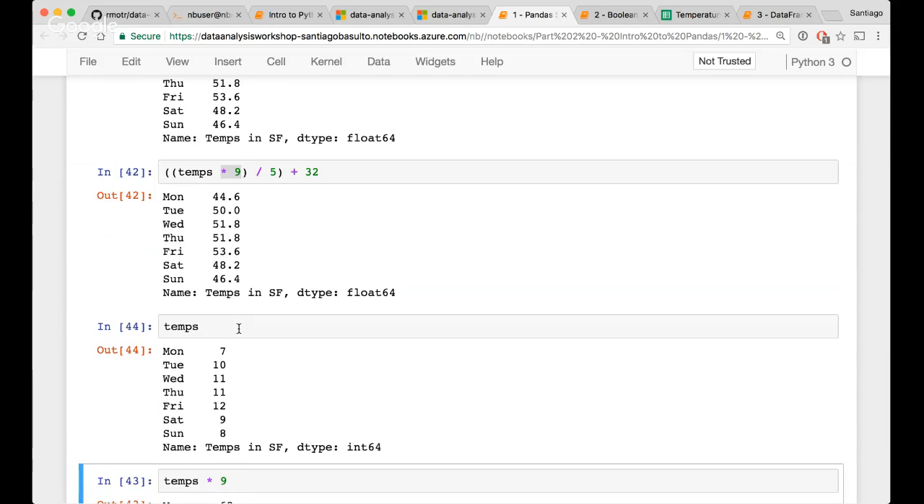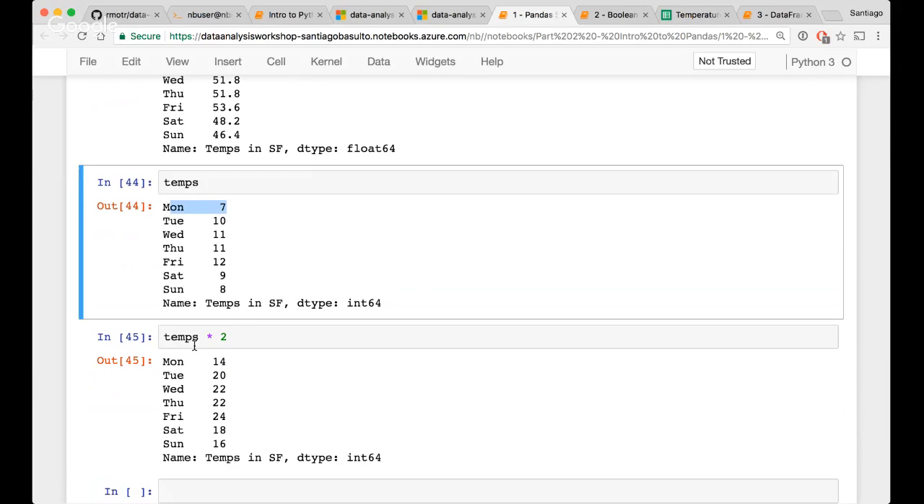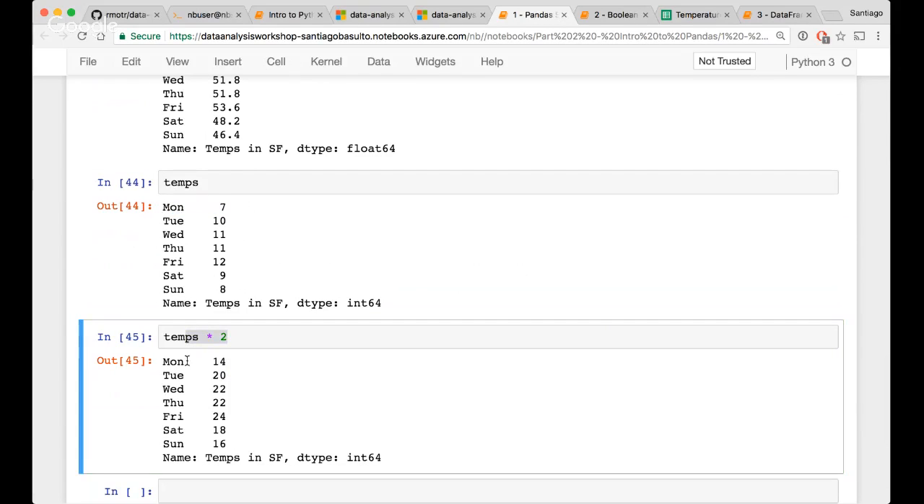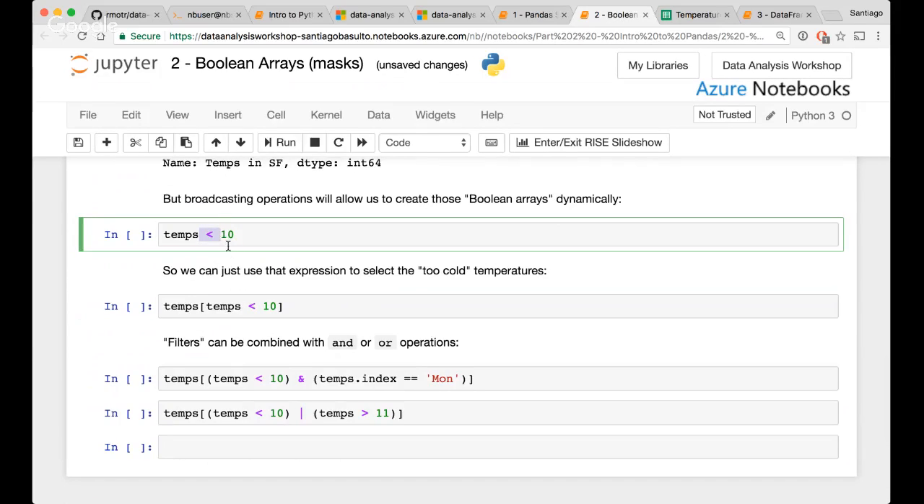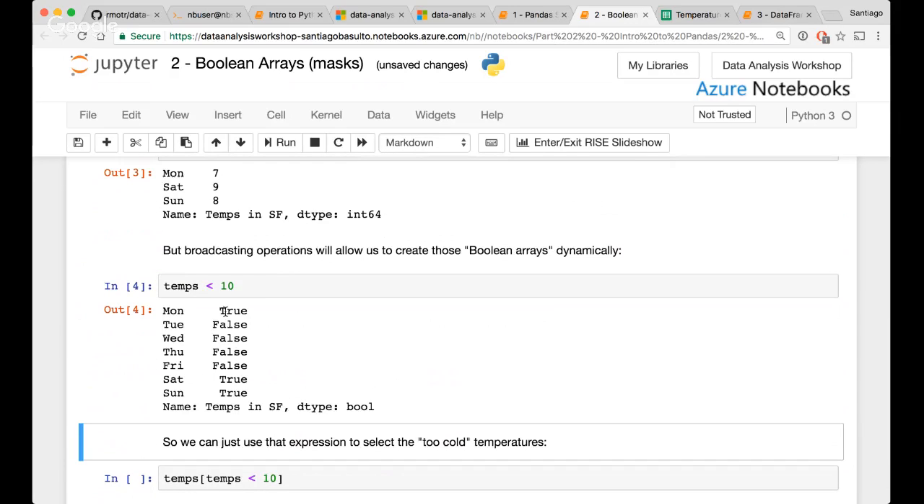And we're going to do temps times 2, easier to read. So you have Monday 7. If you do this broadcasting operation, Monday is going to be 14, Tuesday is going to be 20. So we're just broadcasting the same operation to every element inside the series. If this operation, instead of being a multiplication, a mathematical operation, is one of these Boolean operators, right, comparison operators,